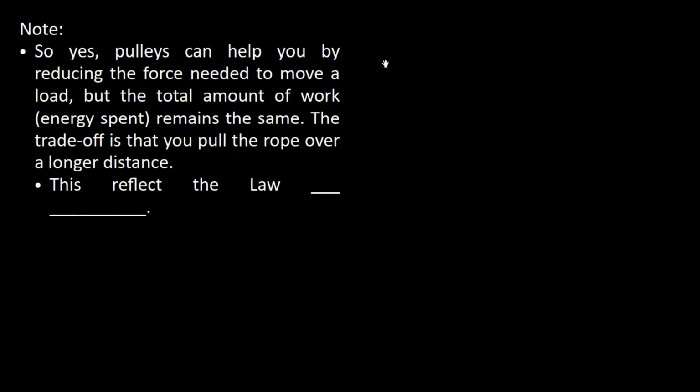So yes, pulleys can help you by reducing the force needed to move a load, but the total amount of work, that is energy spent, remains the same. The trade-off is that you pull the rope over a larger distance. Again, this will make sense. I'll explain it to you, but if I explain now, it will not make that much sense. Basically, I'll be teaching you the next topic, which I don't want to talk about now. This reflects the law of,